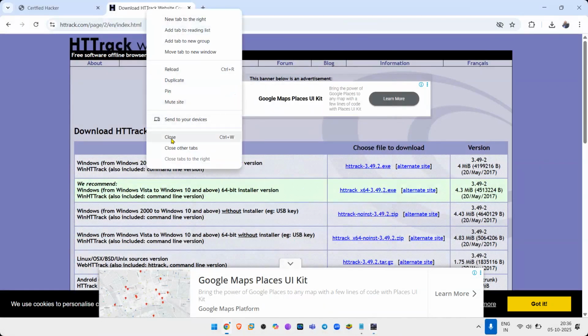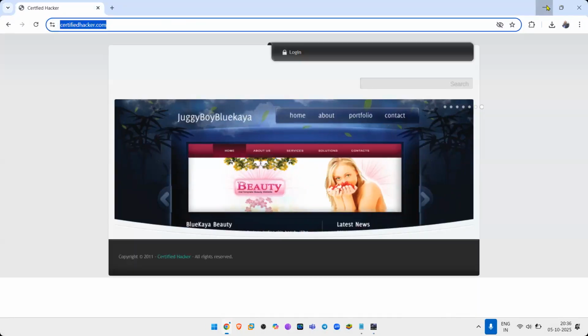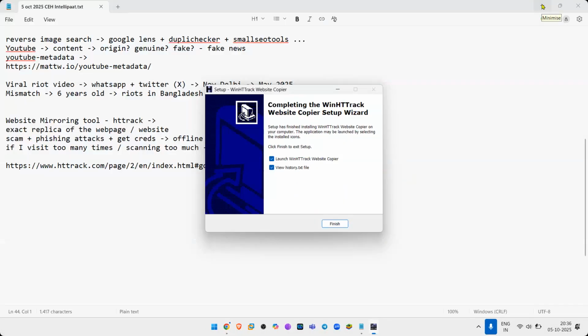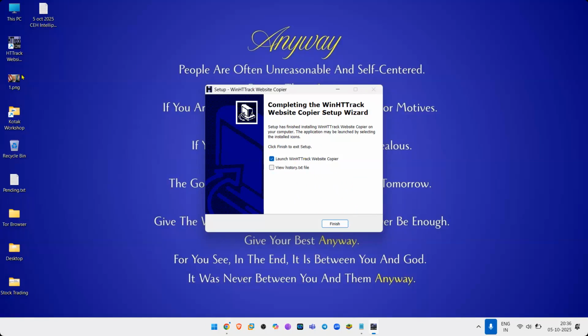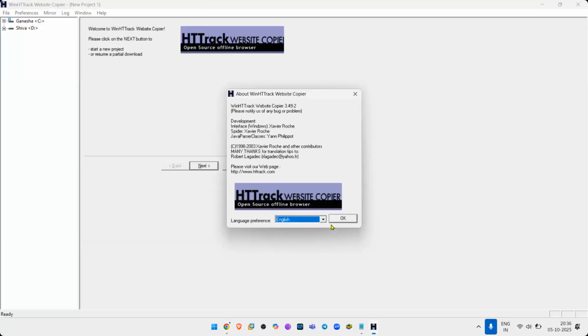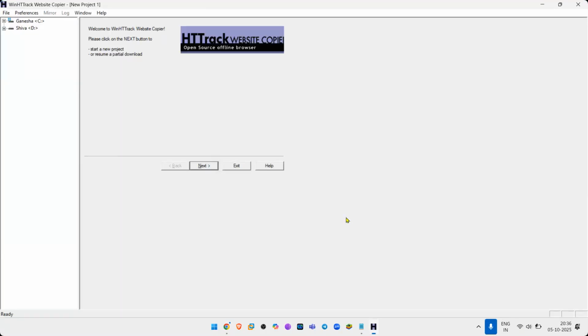Now you can see that we have successfully installed httrack. Just click on launch httrack. You'll see that the icon is there on your desktop. Just click on launch and click on finish. And that's it, httrack has been installed. Give me a 1 in the chat box if you have also downloaded and installed it. It'll take just a couple of minutes. Okay, we are good to go. All right, everyone is done. Cool, let's continue.